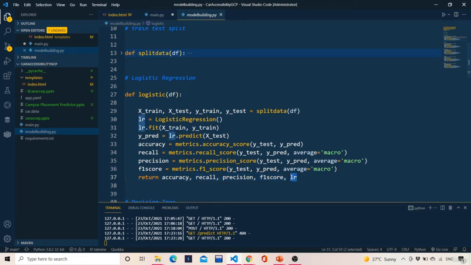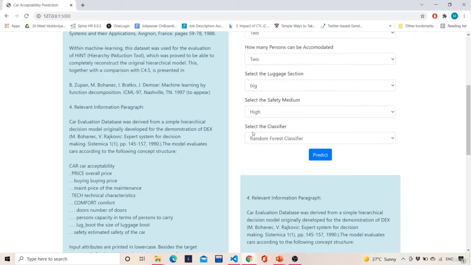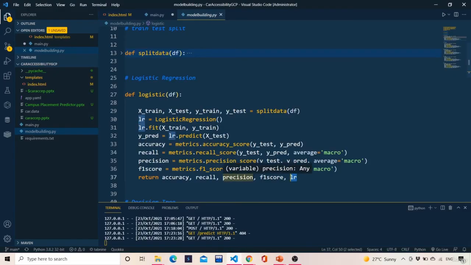Now one thing to notice over here is I did not make any kind of pickle file here, and that is not a requirement also, because I will be giving some suggestions from my end to the user to select an algorithm of his or her choice. As you can see, select the classifier. Then in order to make things go in a computational way, I am not saving it as a pickle file. I just want to give it as a function definition which will just return me the object at the end. So this is all about the logistic regression function.